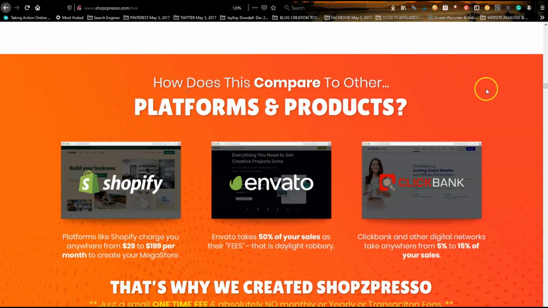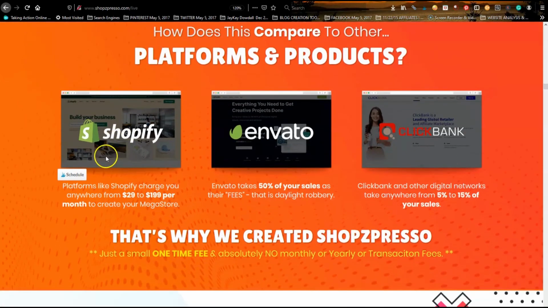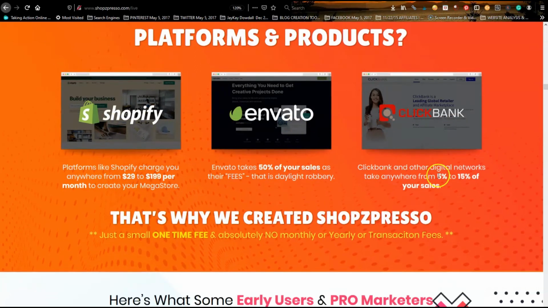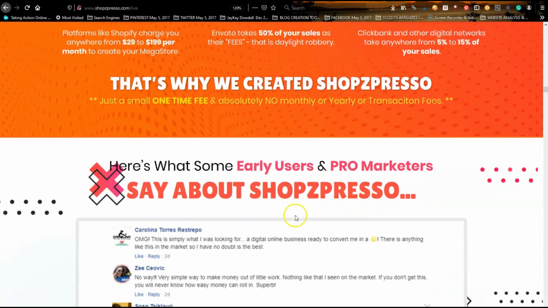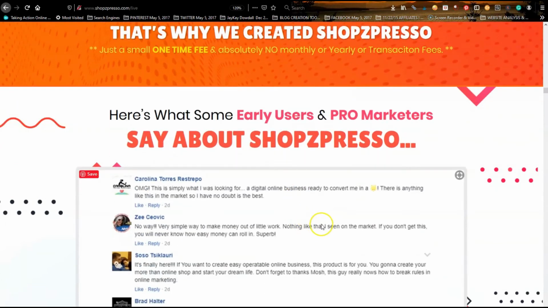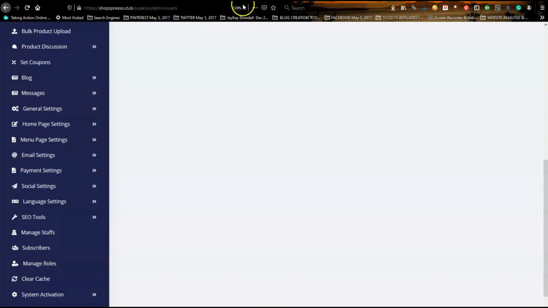How does this compare to other platforms or products? They're talking about Shopify, Envato, and ClickBank, okay? And the thing is, look carefully at what this is, maybe do some homework on it before you purchase it. Again, just realize that the purchase is a one-time fee without the OTO. But the thing is, just question yourself whether it's short-term,